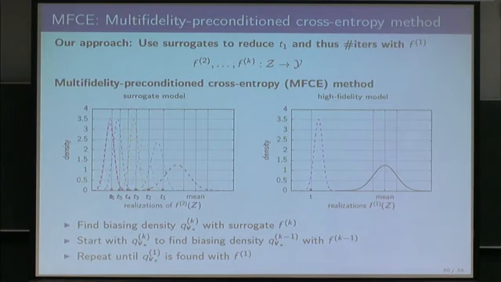And then you go back, and you might have missed subsets of the input space where you should have sampled. Okay, so the reason we go back to the high fidelity model is because the surrogate model is only an approximation. So we go back to the high fidelity model. Once we are with the high fidelity model, we don't go back to the surrogate model. But when do you decide that you go back and use the high fidelity model? We decide when we hit this T. We adaptively select these intermediate T's, and at some point we hit the T, and then we go back to the high fidelity model. Okay, but by that time, because you used an approximation,